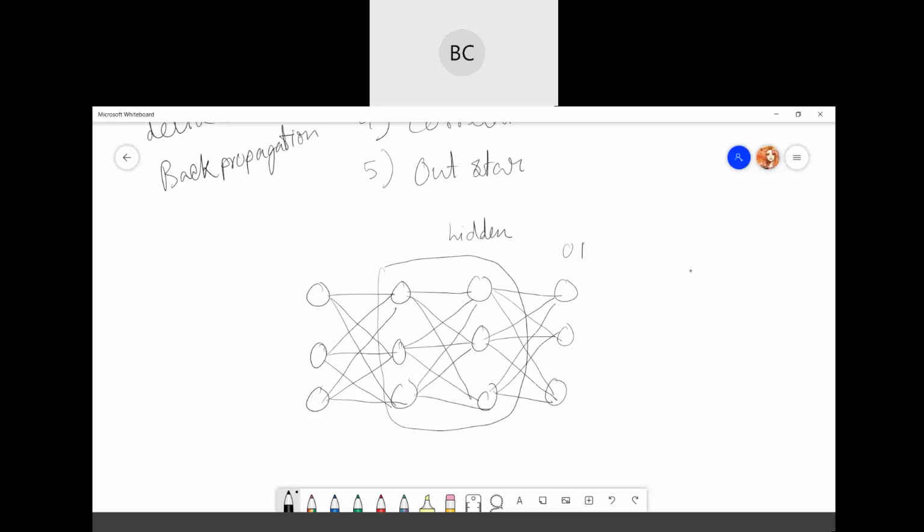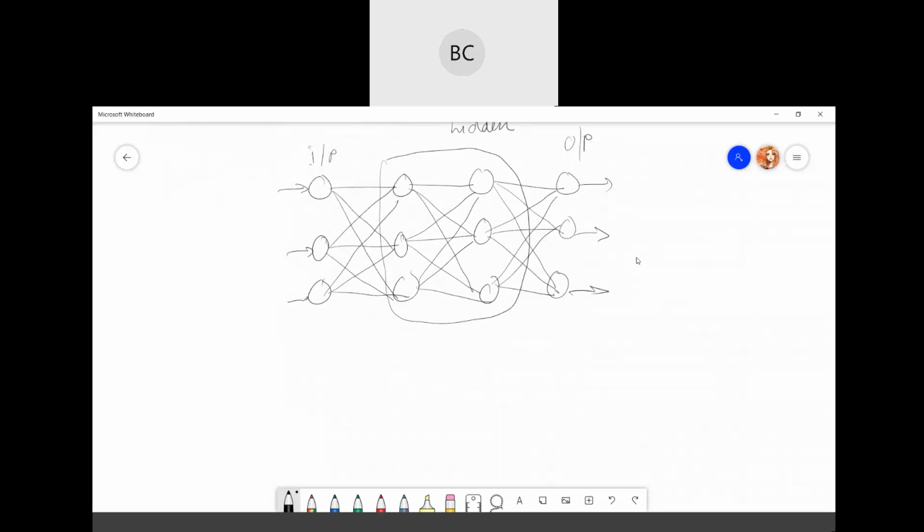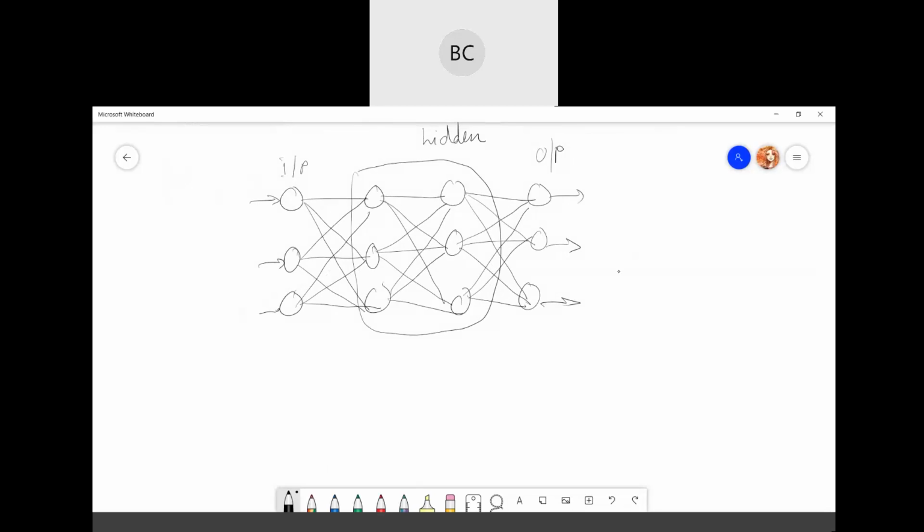The general training process of your neural network consists of three things. One is the forward pass.